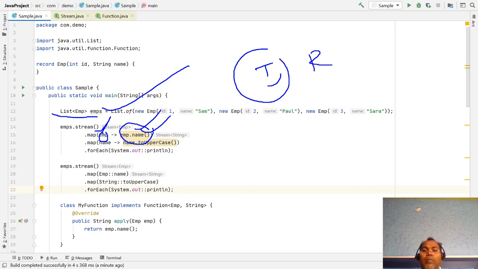The T kind of object you pass as input argument, and an R kind of object it returns. That means transforming from a T object to an R object. So generally, the map function is for transforming.